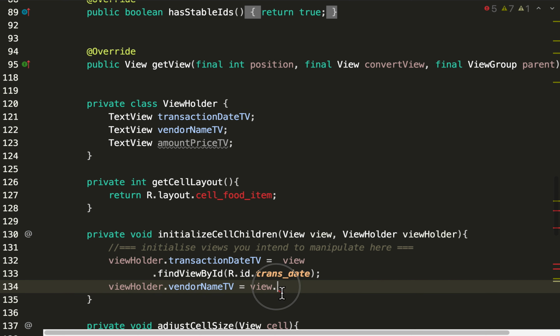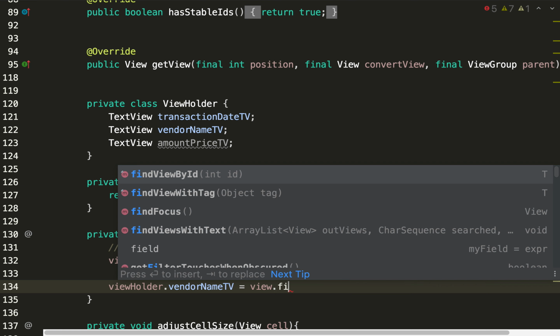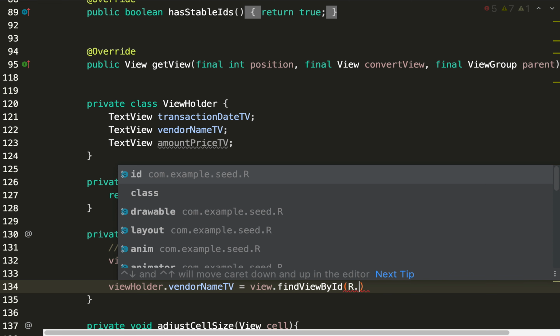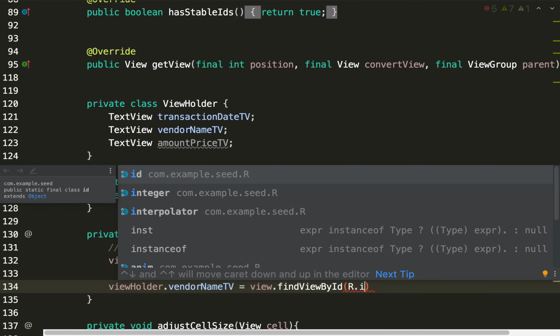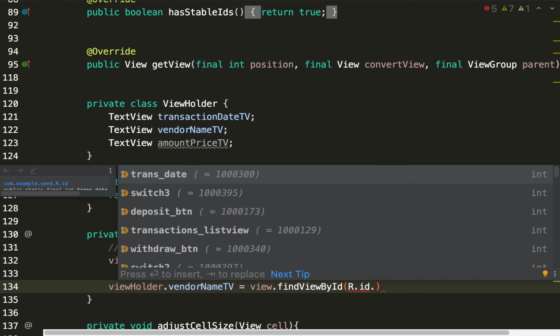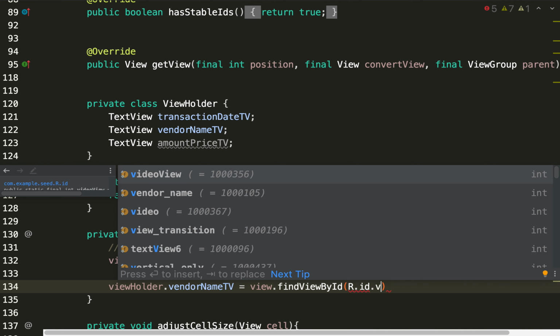So we have to always say view dot inside this block of initialize search. We have to always say view dot find view by ID, and then we say r dot ID dot, and this will be vendor name,